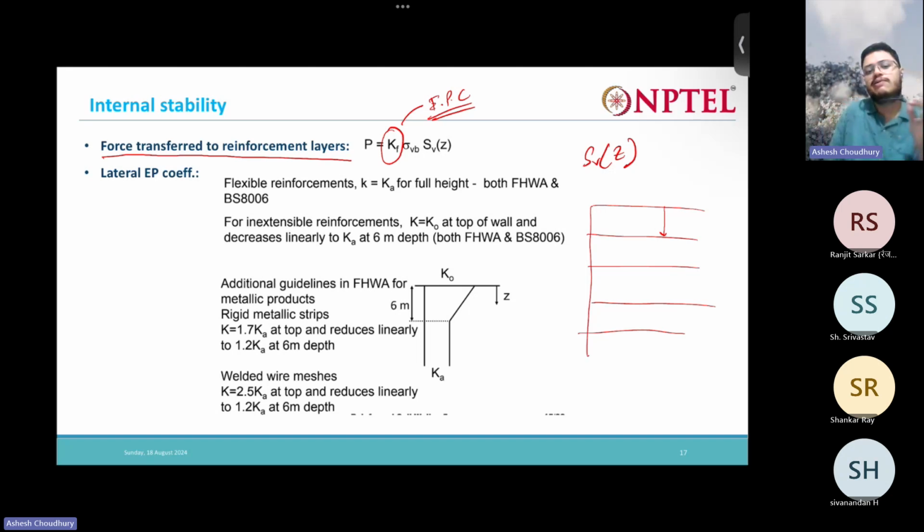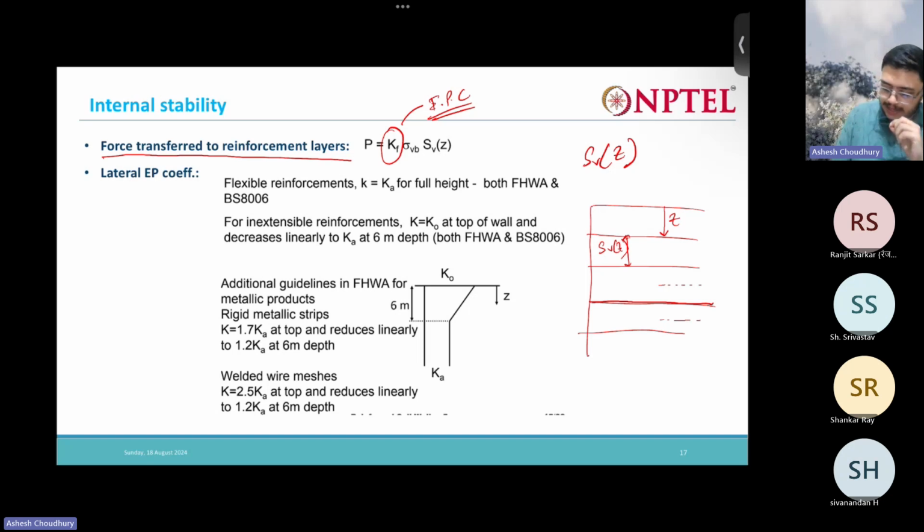the next class. Today's class we are just discussing the overall concepts. Next class we will solve problems, and that time it will be clear to you what the spacing is, all those things. Sv is nothing but the spacing between two reinforcements at a depth of z. So z is any arbitrary depth. Okay, so what we consider, say this is the reinforcement, right? So we consider that